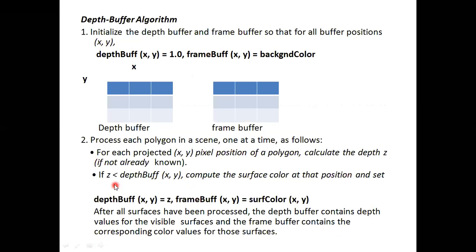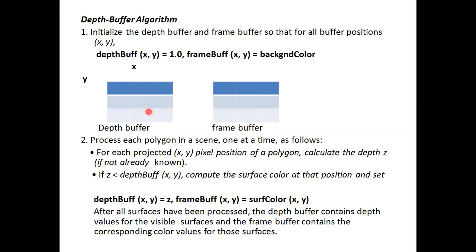Now come to this. I'm checking for each projected XY. What is XY? X is 2, Y is 1. That is X is 2 here, and Y is 1 means this. I'm talking about this cell. This is where I need to place the Z value of that particular XY, that is 2, 1. Now, first, all these things will be initialized with 1.